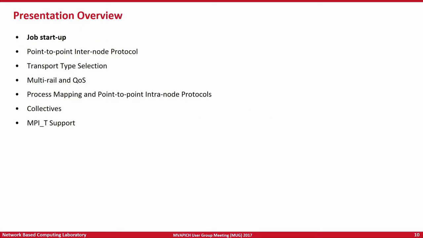We'll discuss the impact of process mapping, as Dr. Hyun-Wook Jin mentioned in his slides. If you have bad process mapping, you can get very bad performance at the application level. So we have several designs for good intranode process mapping. We have lots of enhancements to collectives in terms of offloading collective support to the network, to the HCA, taking advantage of novel switch features like SHARP or multicast, designing shared memory aware or contention aware collectives for modern many core systems.